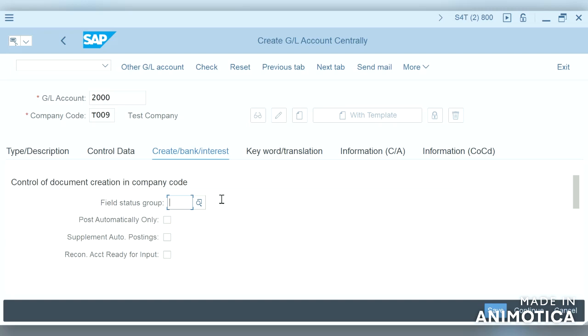It controls what fields are kept as required, optional, displayed and hidden during postings for an account. If the user sees minimum fields while posting, it will make him happy. It shall be analyzed carefully what fields should be available for posting. Post automatically only.